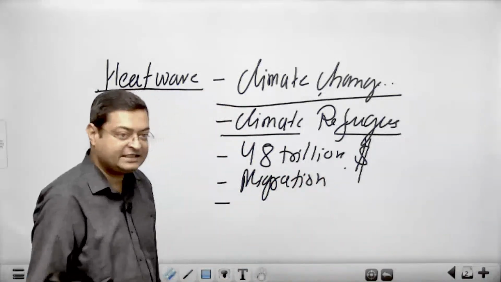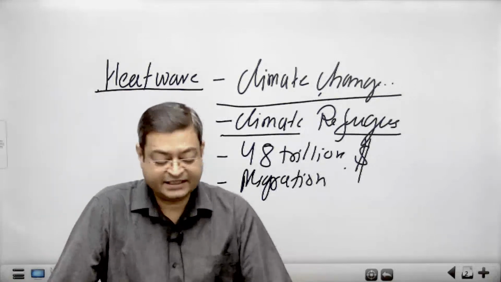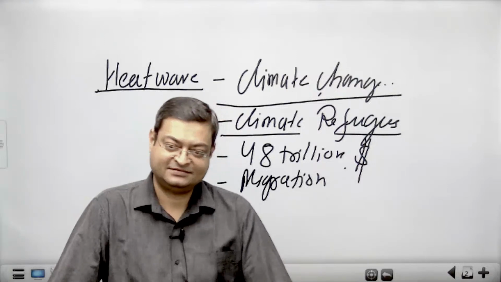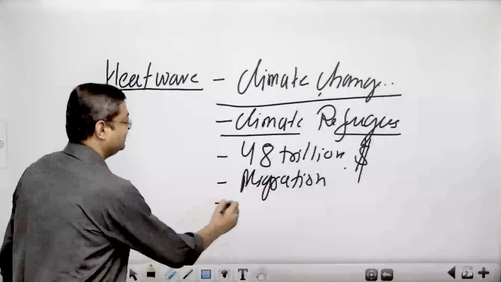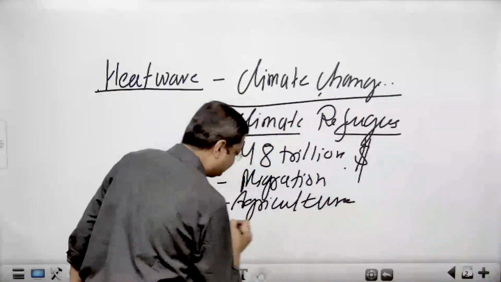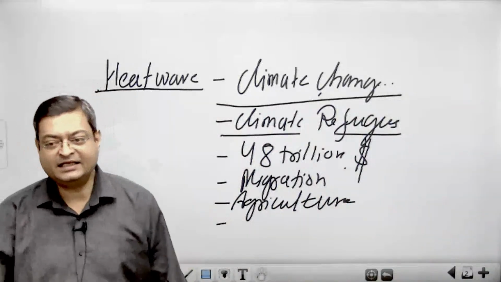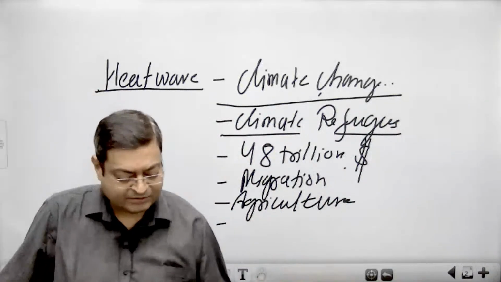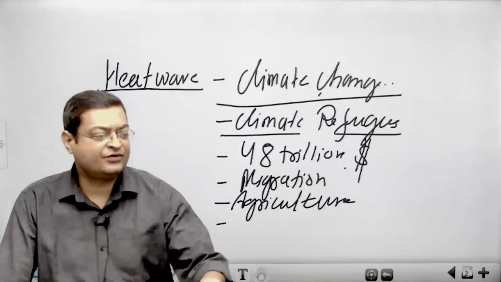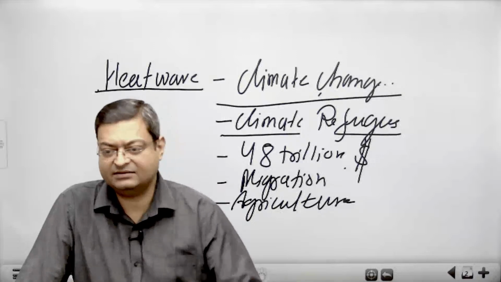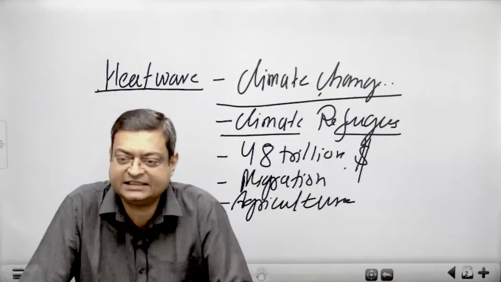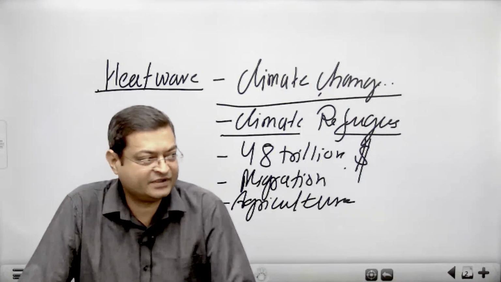Obviously, due to this heat wave or this climate change, in this year itself, we have the lowest production of wheat. So it is going to affect crops or agriculture, right? Now again in India, I'm not talking about the world first, okay? In world geography we are going to study. In India, 54% of the population, and the present data is 52%. So approximately 50% of the population is directly engaged in agriculture, right?